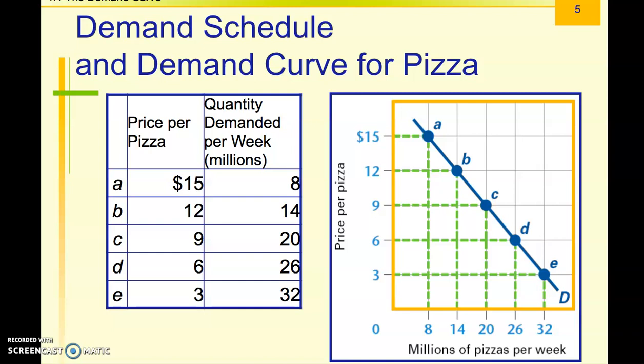The next video lesson I'm going to do for you is going to play off of that line or that curve moving left or right. I'll give you what causes that and give you some examples.